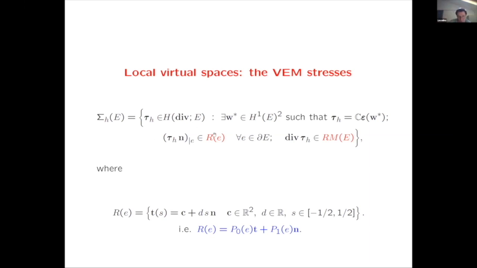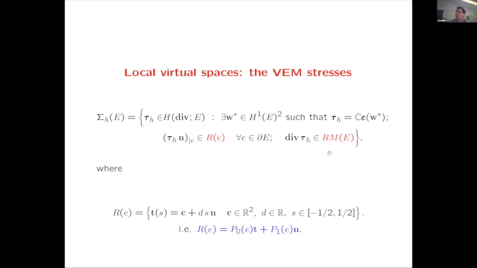This is just the traction we are imposing to define this space here. And then we said that the divergence is exactly in the rigid body motions of the element. So the set of data are exactly the tractions on each edge, and then we define where the divergence